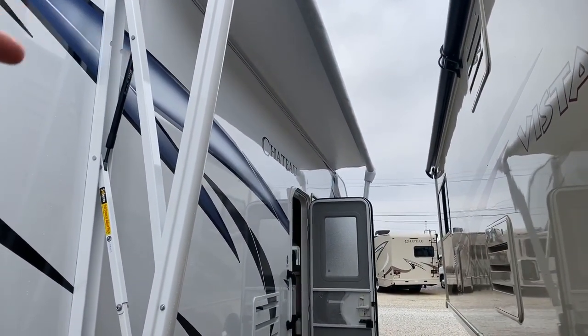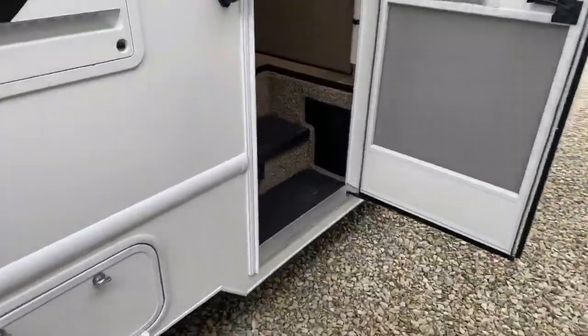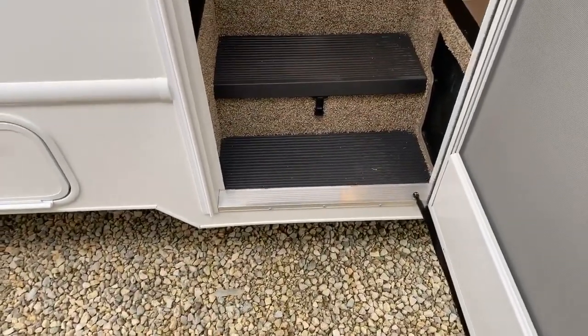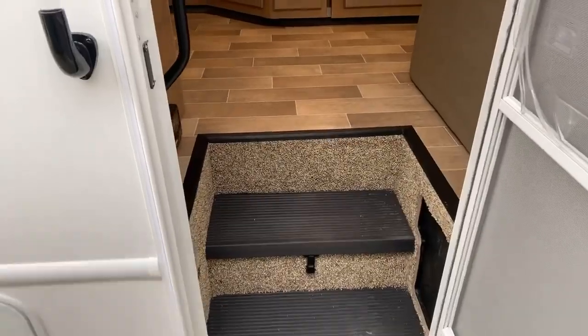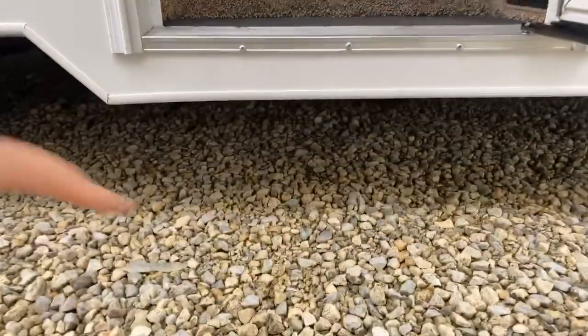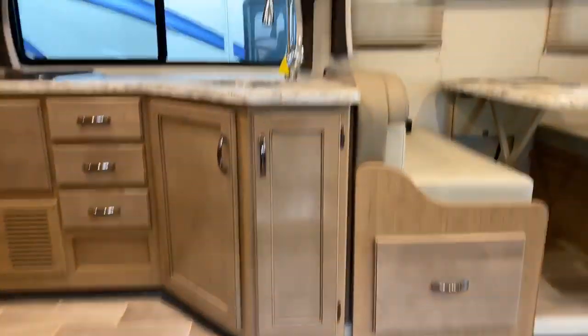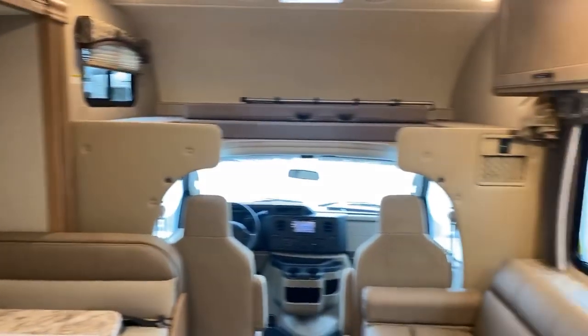We have power awning on this, so it just goes in and out with a button. Also, I love this about the Chateaus. There's no step that goes in and out that gets rusty, that breaks. The steps are built into the motorhome. Makes it easy entry, and it's not a lot of height here, you notice, so it's very simple to get in here. All right, so I'm walking in, and I'm going to turn right towards the front of the motorhome,